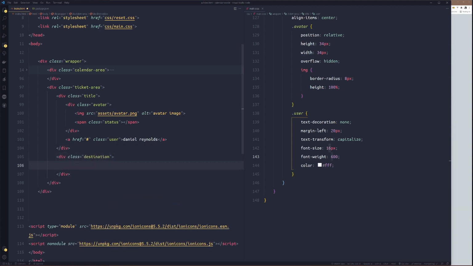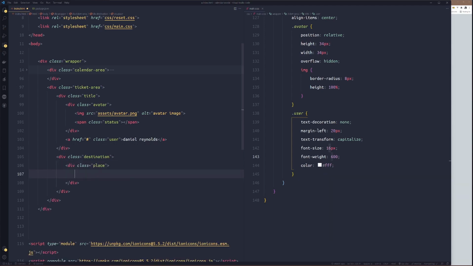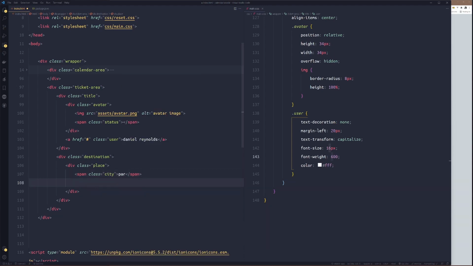Then inside the destination, I will get the place: h1 of span, h1 of span, h1 of span, span.city will be Paris.